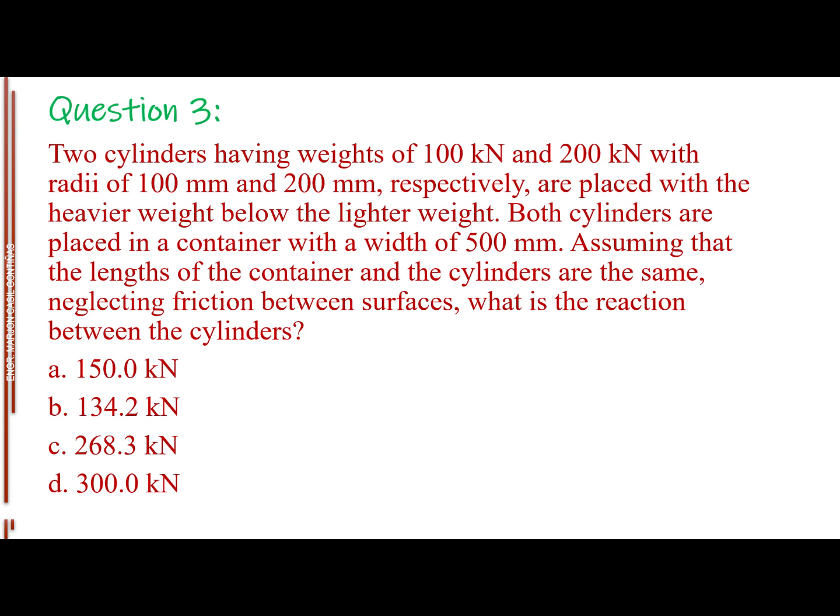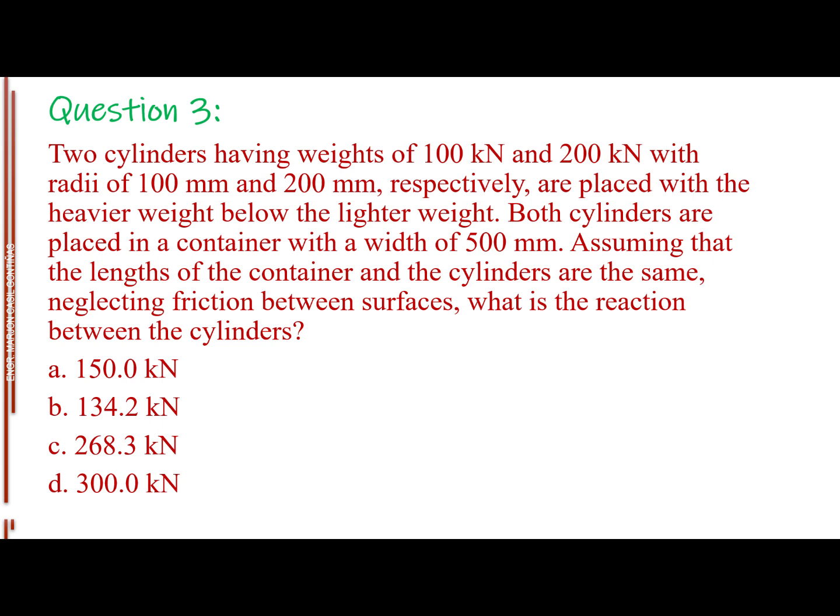Two cylinders having weights of 100 kilonewtons and 200 kilonewtons with radii of 100 millimeters and 200 millimeters, respectively, are placed with the heavier weight below the lighter weight. Both cylinders are placed in a container with a width of 500 millimeters. Assuming that the lengths of the container and the cylinders are the same, neglecting friction between surfaces, what is the